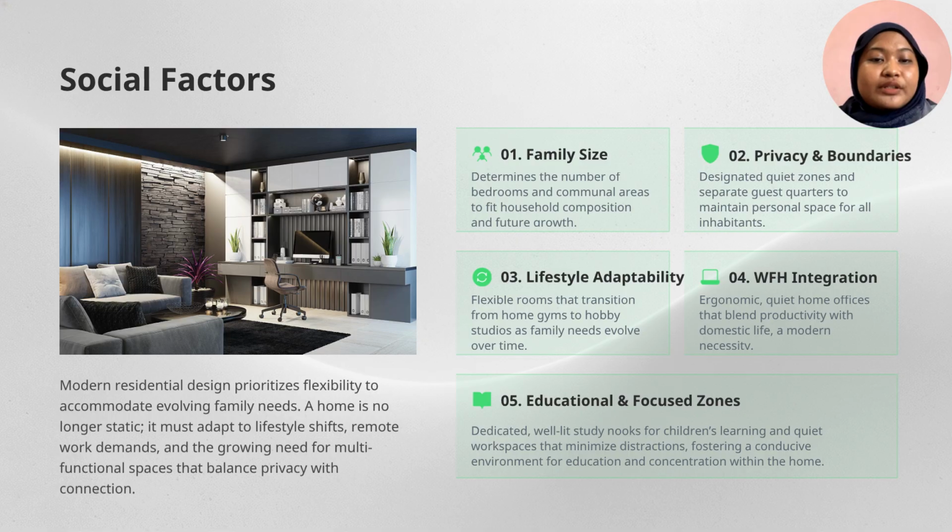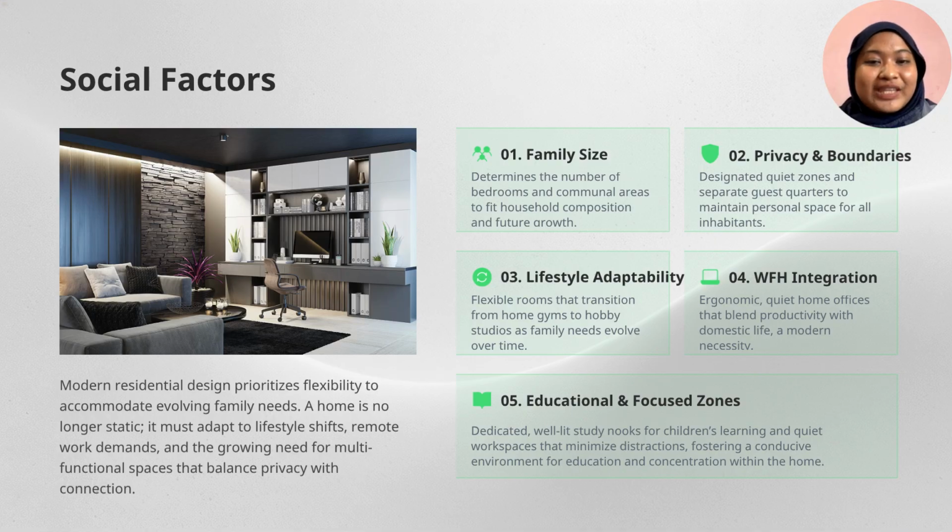For example, a spare room can easily be converted to a hobby room, home gym, or even a guest room. Another important factor is work from home integration. Since remote working has become more common, many homes now include dedicated workspaces that support productivity while blending with everyday